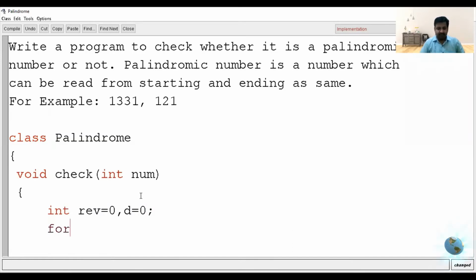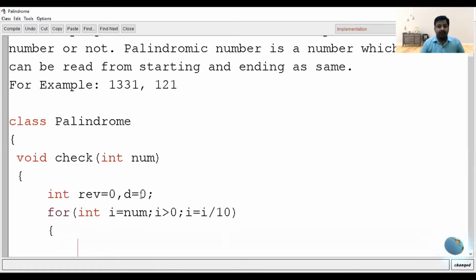Now defining a for loop and initializing i equals to num, i must be greater than 0, i equals to i divided by 10, right? Have a look, the same way, i is being initialized as num. So i becomes the temporary variable, the condition is checked whether i is greater than 0 or not, and i is updating, removing the last digit by this statement i equals to i divided by 10.